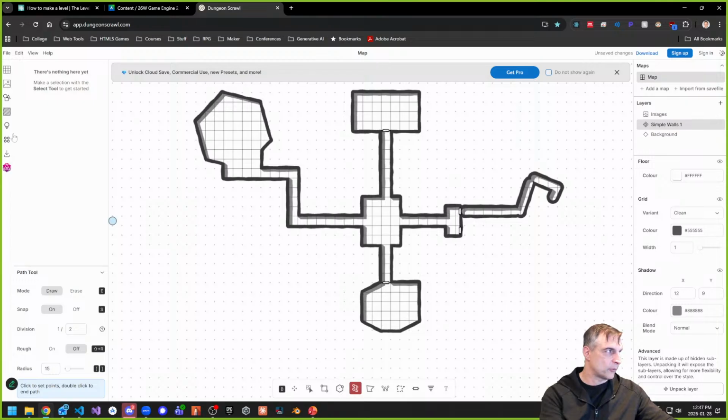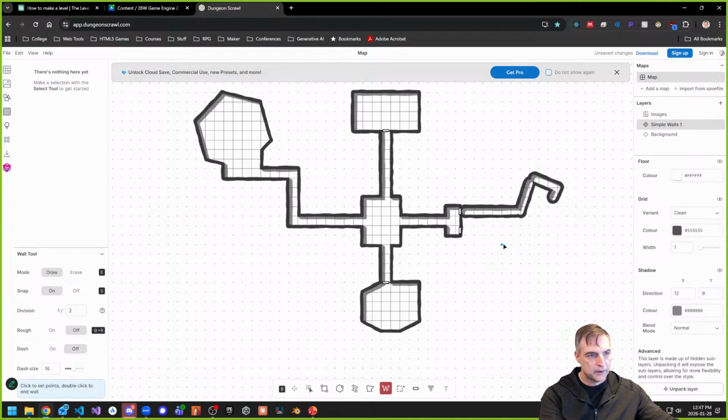You can also export or download your map. Again, what I recommend is to try and explore as much as you can and see what you can do. So here's your wall tool, and I think the wall tool does just walls. There we go. So you can see that that's pretty quick. Yeah. So I think there's a lot of control, and it gives you a really quick way of doing things,